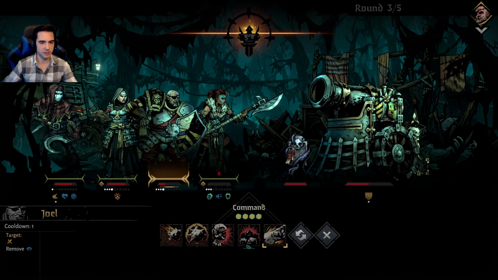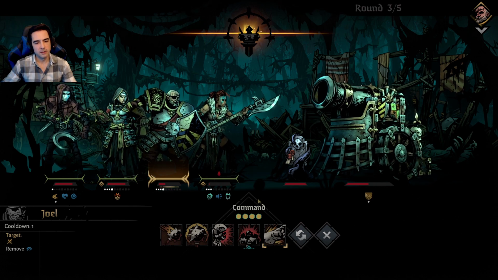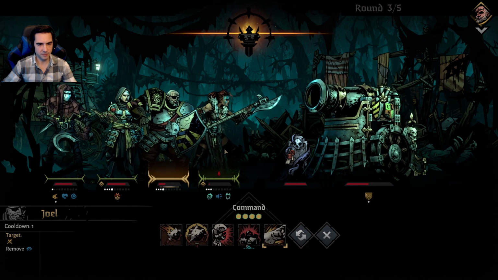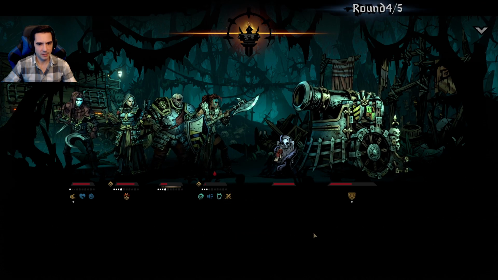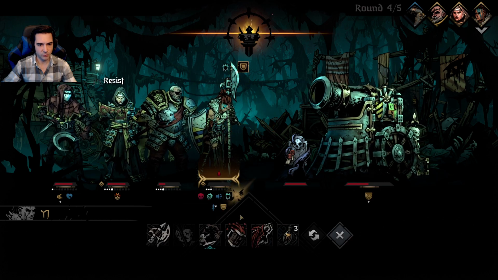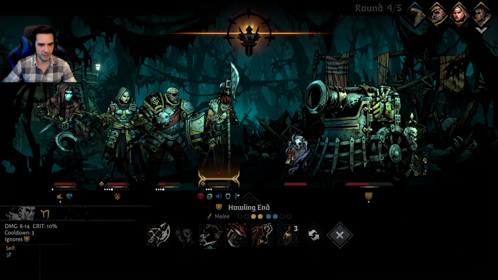Oh my god, she's actually gonna go to Death's Door on her turn. I have no way of stopping that either. God. Because I want to give her the buff here so that she can do a huge Howling End. Yeah, she gets weak, she gets block. Okay, the buff, the strength cancels out one of the weaks, but...